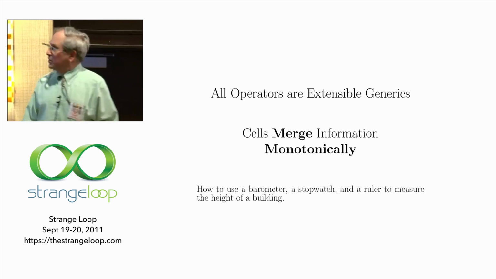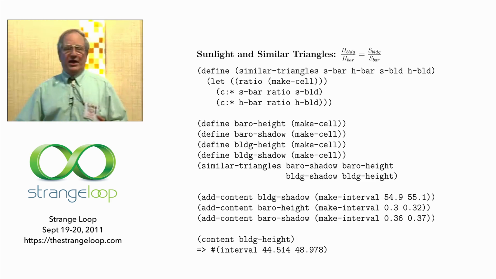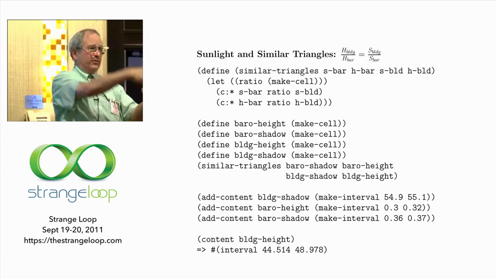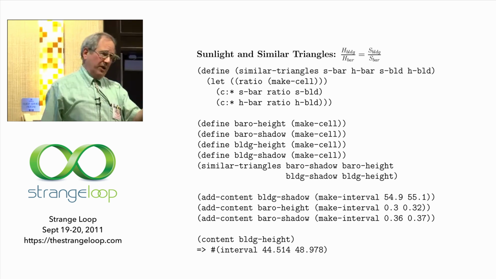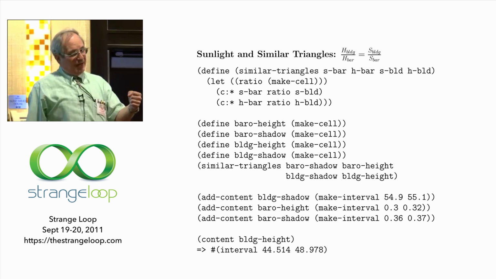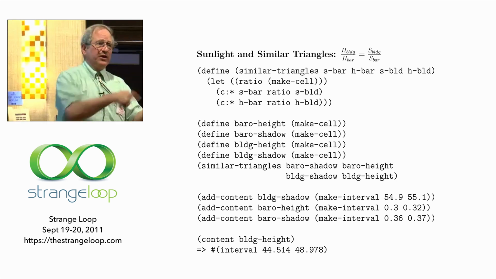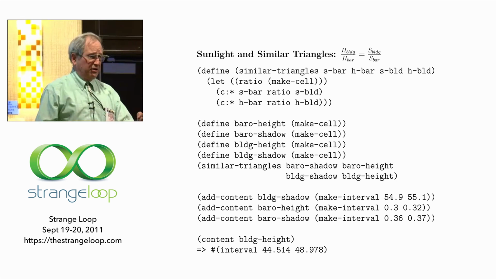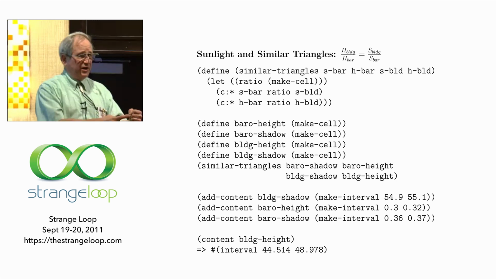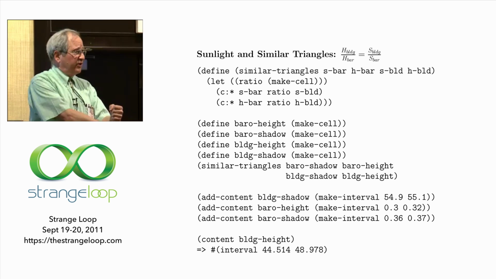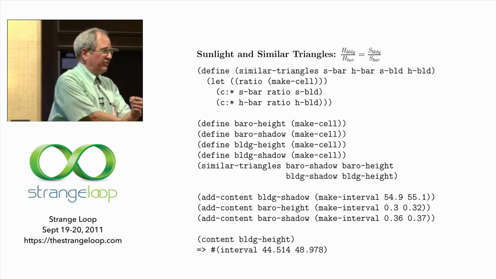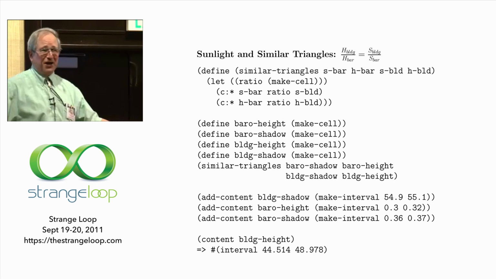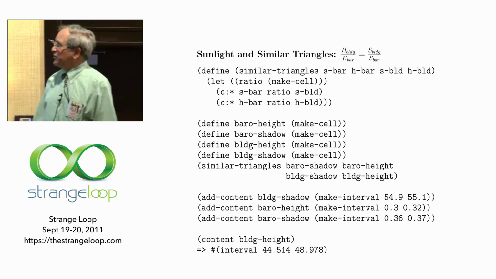Okay? So here's one thing. I can have similar triangles. Okay? That is, I could have measured. I could say the sun is coming in from some direction, except around here at this time of the day, this day. And so there's a shadow cast by the building and a shadow cast by the barometer if I stand it on end. So what I can do is if I'm a ruler, I can measure the barometer and I can measure its shadow. I can measure the shadow of the building if I mark it fast enough so the sun doesn't move in time, and I can measure it out with the ruler, and then I can compute similar triangles and get a value,